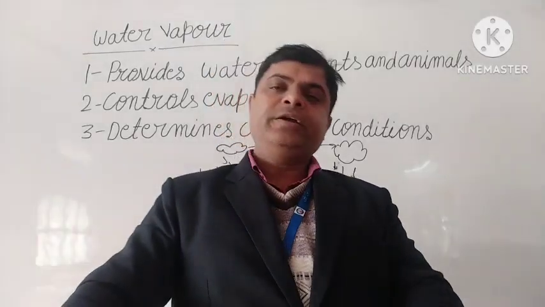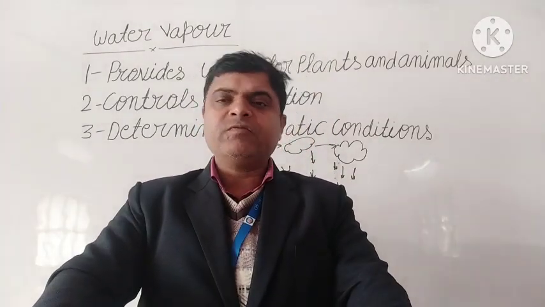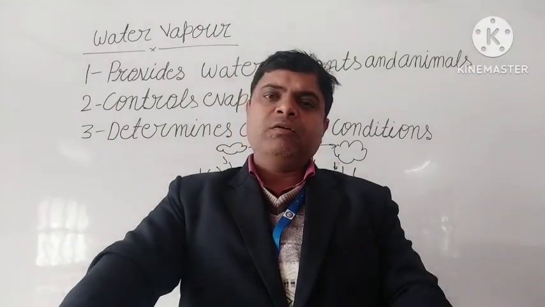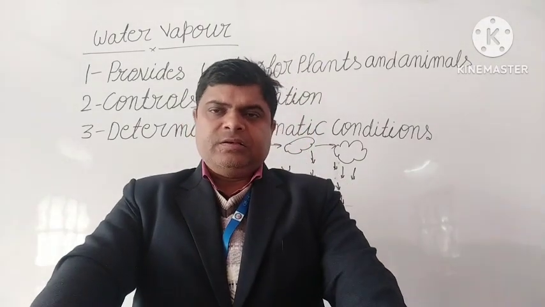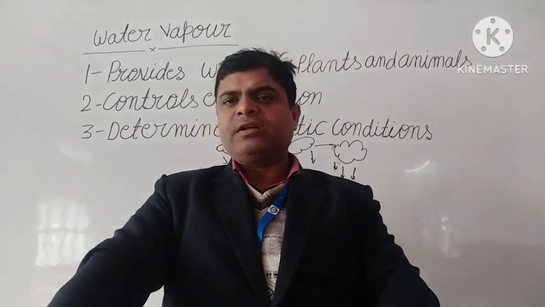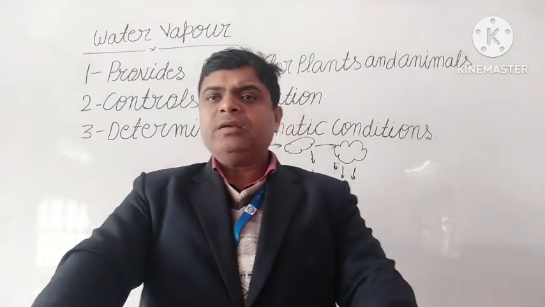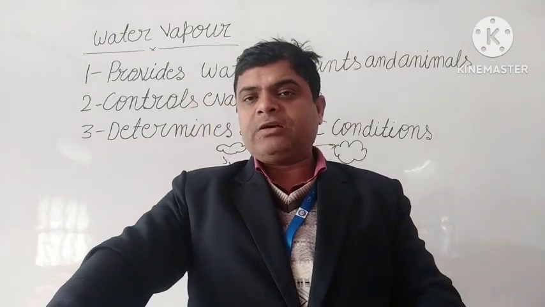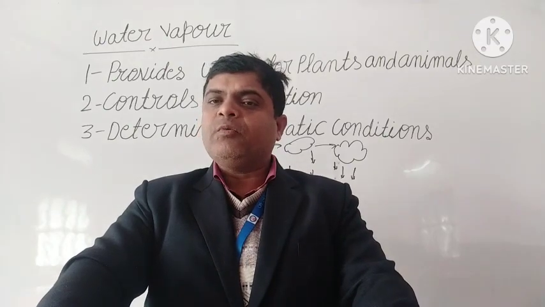Okay? Students, after that the next point is water vapor. You know water vapor? Water vapor is one form of water. You know that water occurs in three states: solid, liquid and gas. In the solid form, the poles contain glaciers, and such glaciers contain ice, which is the solid form. Liquid form, you see water bodies like oceans, seas, rivers, lakes, all are in liquid form. And the gaseous form is water vapor.